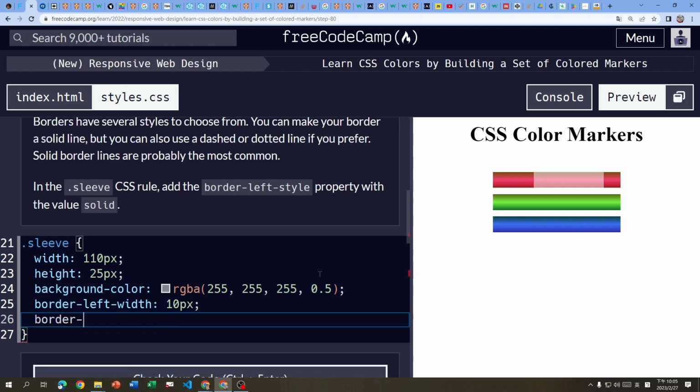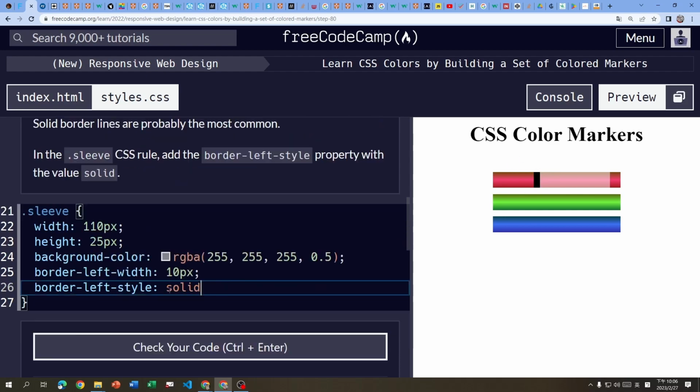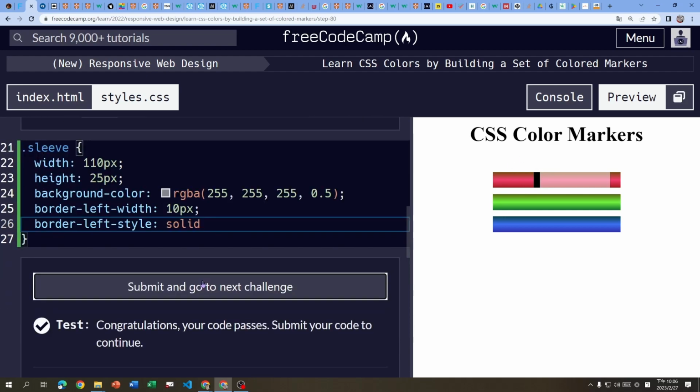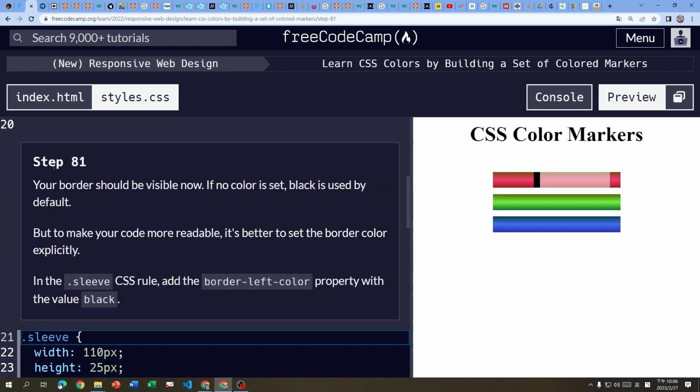在这里 border left，它只改左边哦，左边的边缘，style，boom，solid。出来了，在这里有一条实心的线。